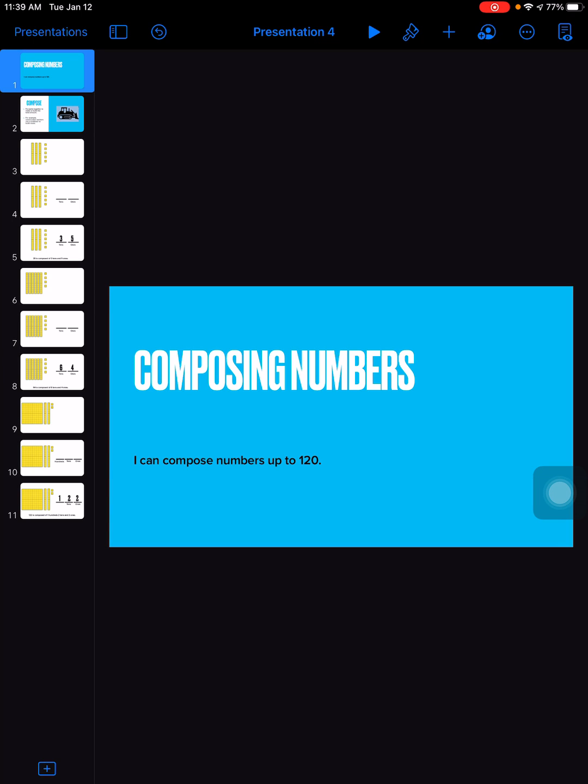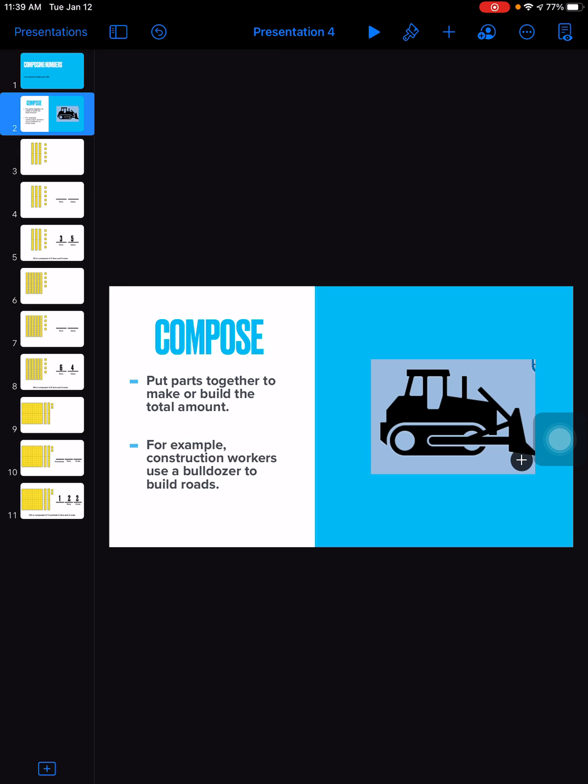Hi friends, today we are going to start composing numbers. And at the end of the day, you are going to be able to compose numbers up to 120. Now you might remember learning about how to compose numbers, but what does it mean to compose? What is that word? To compose numbers means that we are putting parts together to make or build the total